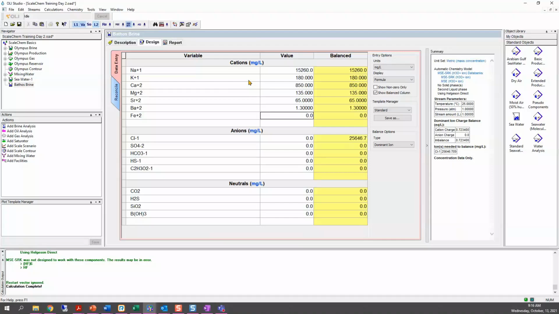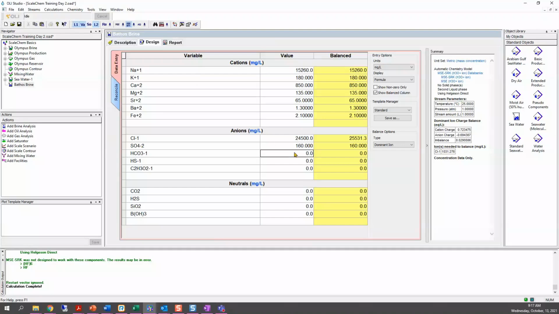And in this specific brine, we also have some content of iron, 2.1. For the chloride ions, we have 24,500. For sulfate, it's 160.